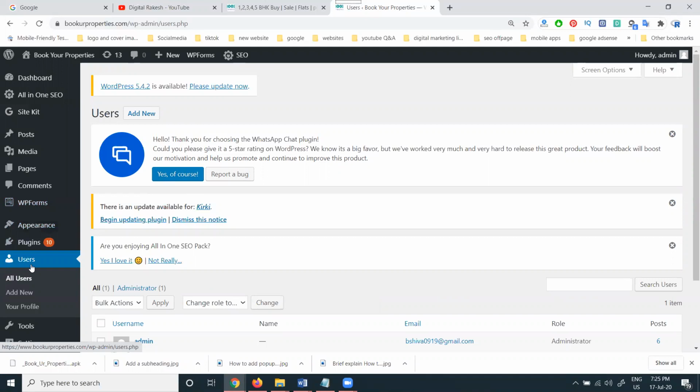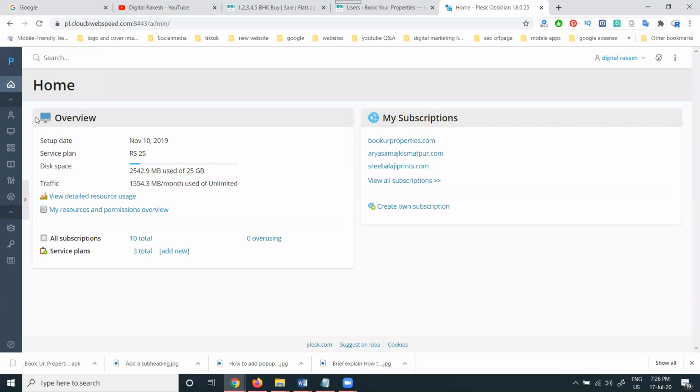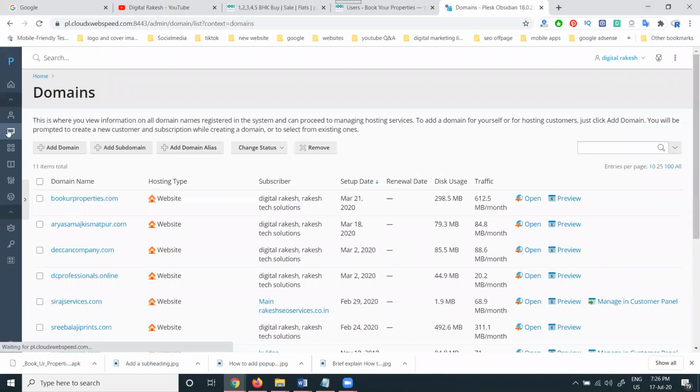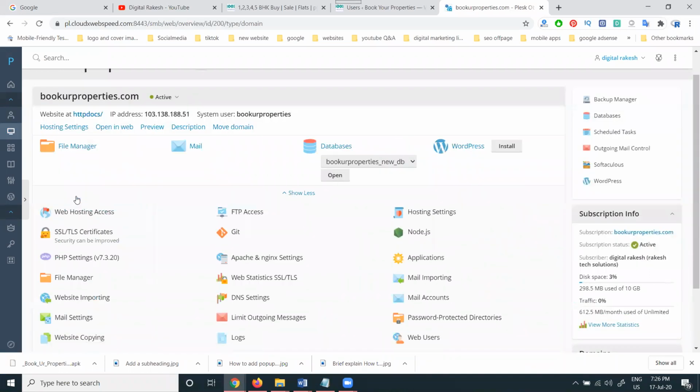Suppose you totally forget the admin password, how can we change it? For that, we have to go to your particular website hosting plan. Are you using cPanel or Plesk panel? Which hosting are you using? We can go to the particular plan. Just I'm logging into my control panel, the Plesk panel. This is the hosting for my particular Plesk panel option. In this website, I'm hosting my WordPress website. Select it. In the WordPress website, after this option, you have to change the password.